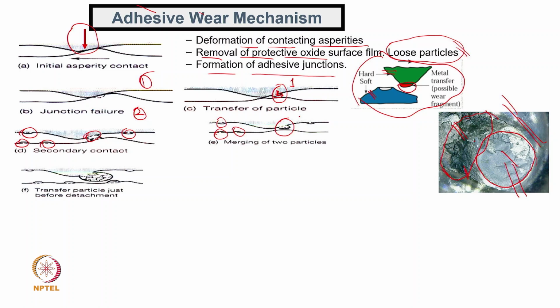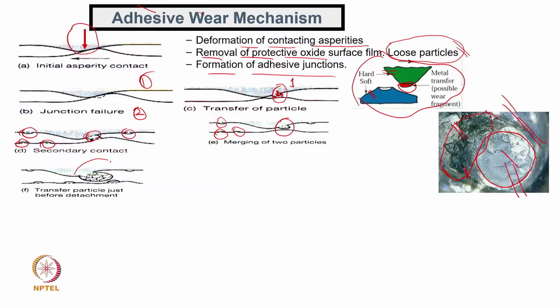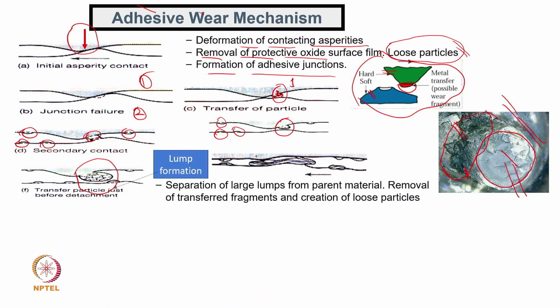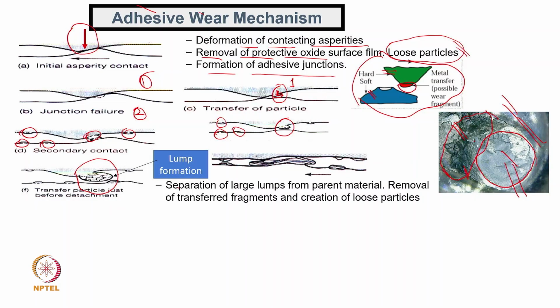When the bigger bulk material moves, naturally the clearance will be exhausted and the friction force will increase, as shown here. You can see that this has bulged out, or adhesion has gone to a much higher level, and a bigger chunk has come. Now, as there is no possibility of moving easily, and if we apply more torque, naturally this lump which has formed will get detached from the parent material. So, there is separation of a large lump from the parent material, and then we will treat it as a loose particle,